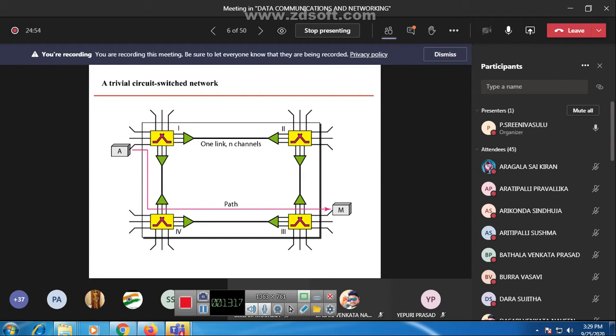Before establishing the connection, it will send a request to the nearest switch or nearest communication element. If that accepts the acknowledgement, then based on it, it establishes a dedicated path from one system to another system or one line to another line.